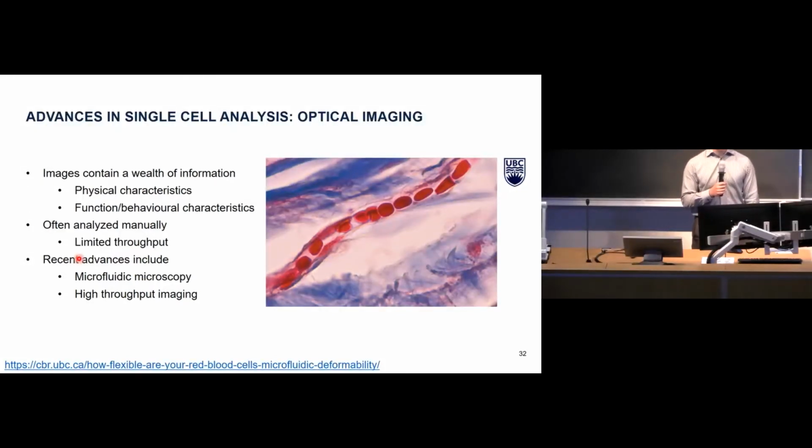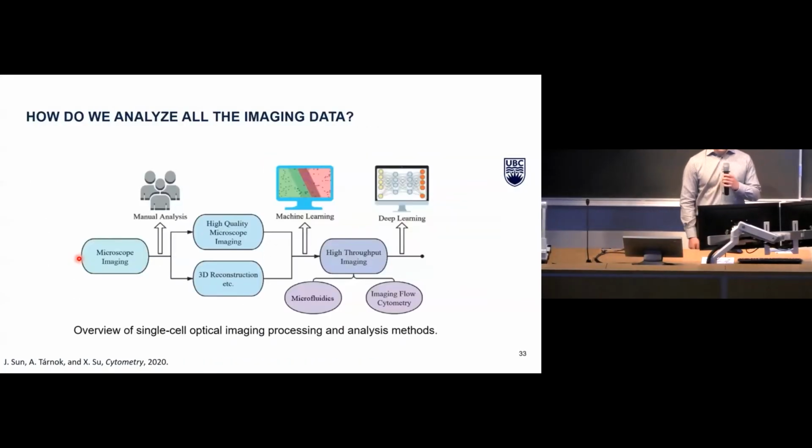Through the recent technological developments in microfluidic microscopy and high-throughput imaging flow cytometry, vast amounts of cellular imaging data are readily available. Traditional microscopy imaging is usually manually analyzed. Improved image analysis techniques, including higher quality imaging and 3D image reconstruction, can be assessed using machine learning techniques such as support vector machines, clustering, and principal component analysis. Alternatively, high throughput imaging via microfluidics or imaging flow cytometry collects vast quantities of data, making these tools well suited for deep learning analysis.